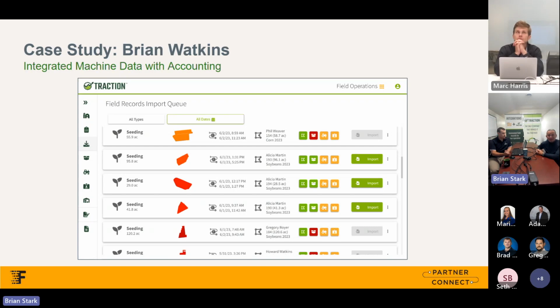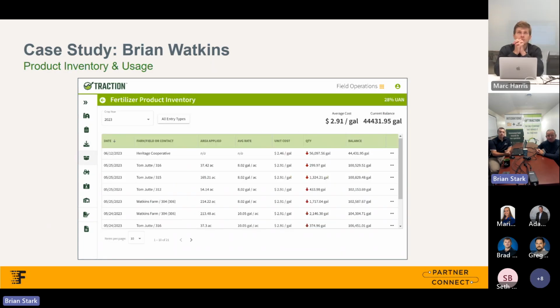And now we know what inputs went where. We have our seed and what field it was on, et cetera. That's really important to us. We certainly want to keep track of that, and it's a challenge. And maybe now's the time to go to the second screen, because once it's in Traction, then this is a